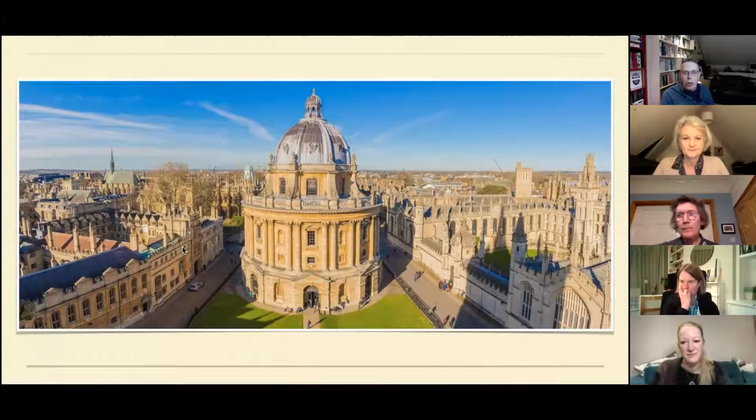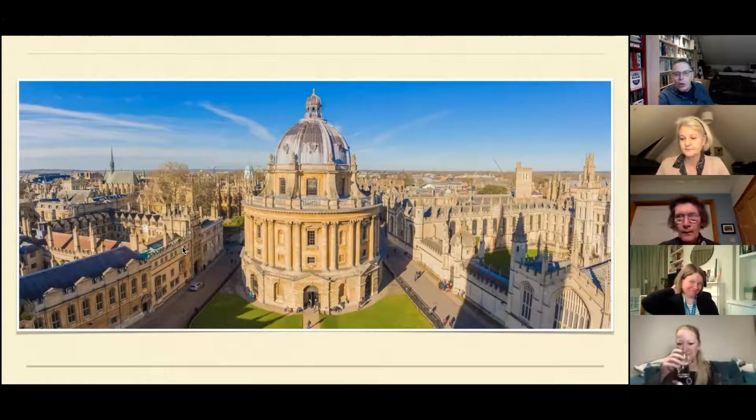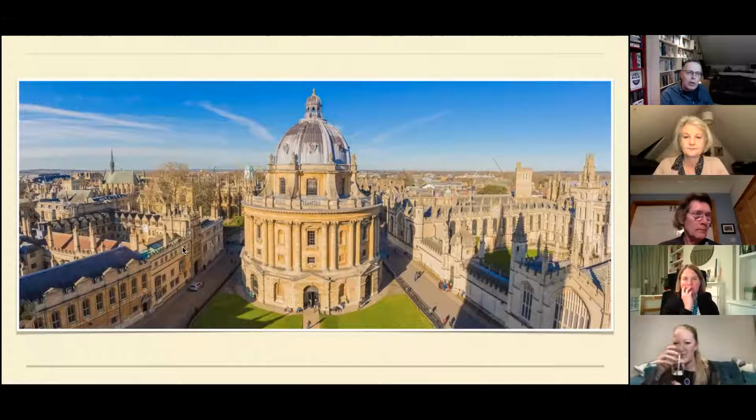There was a Brasenose Hall there before, and it derives its name from a bronze knocker that used to be on the door, the Brazen Nose. About 400 undergraduates, 200 postgraduates, and alumni include David Cameron, the last but two Prime Minister, the Conservative Prime Minister, Malcolm Turnbull, a previous Prime Minister